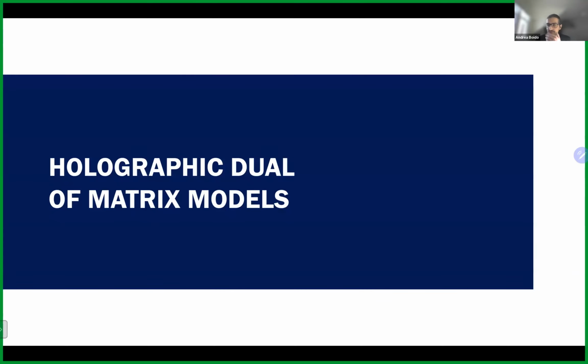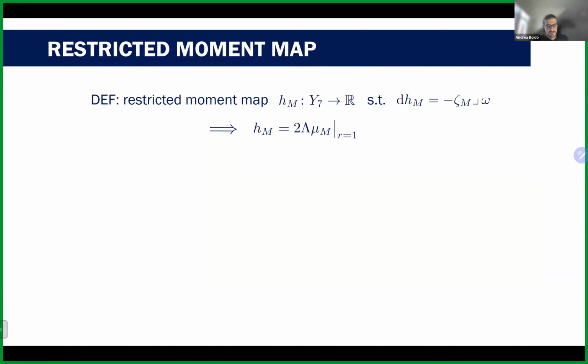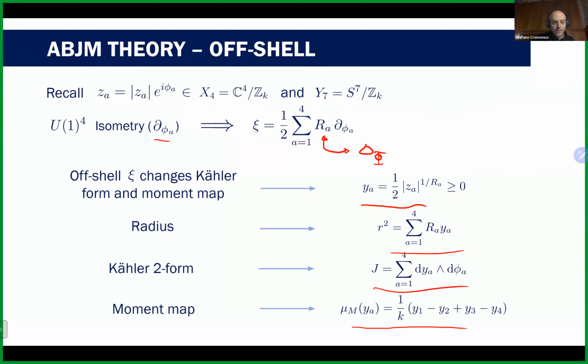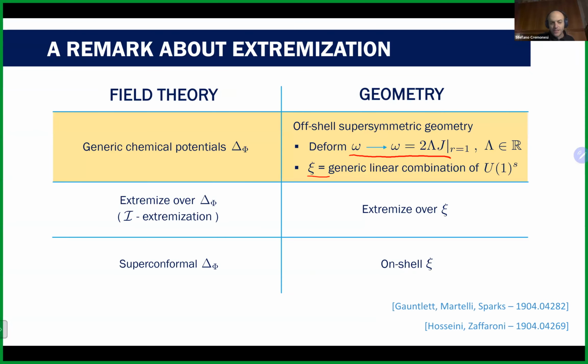We are now ready to talk about the new results. So, if you remember, I told you already that... Sorry, can I ask you a question before that? Yeah, sure. It's about this off-shell versus on-shell business. What I don't quite understand is that in the field theory, I can define the field theory on a curved space with any R-charge assignment. That's a choice. And then this should have a gravity dual, which is on-shell, not off-shell. So what is the deal here? I think this whole business is not quite understood precisely.